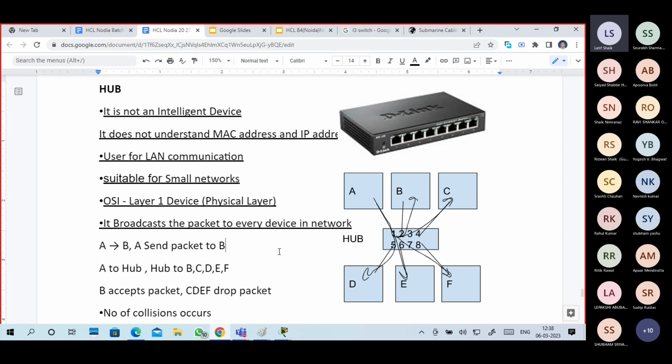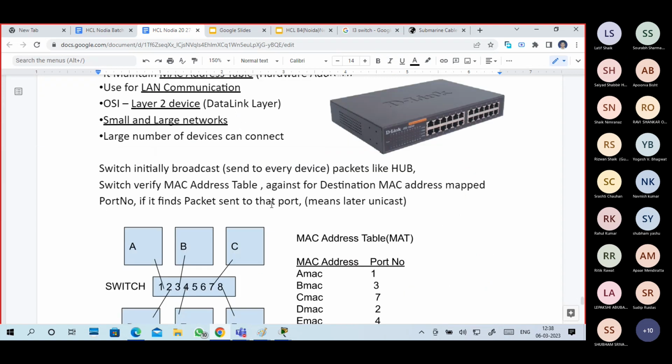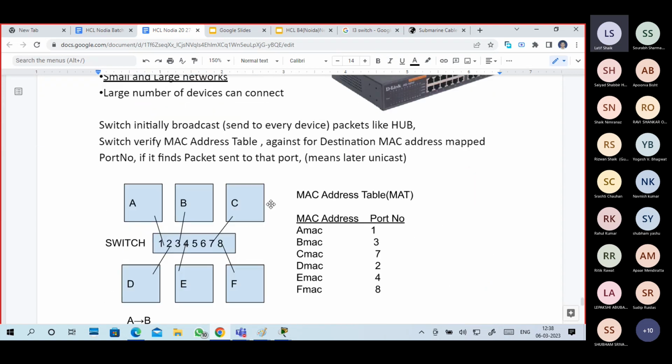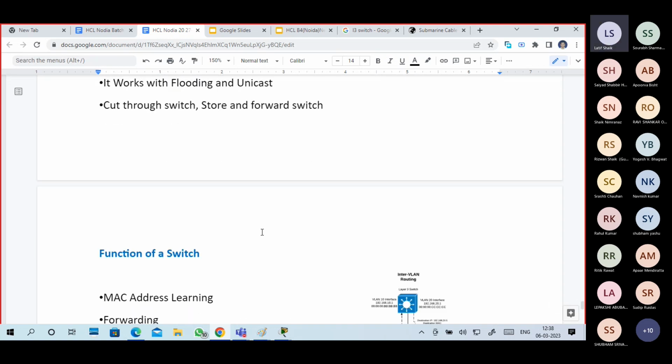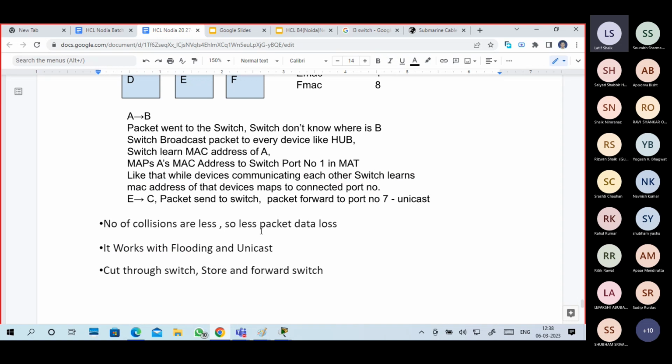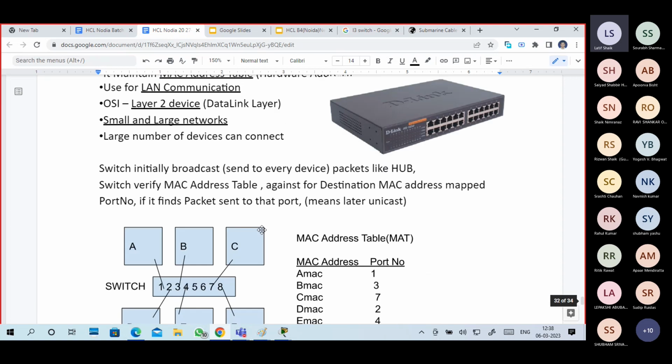Hub doesn't understand MAC address and IP address, but switch understands MAC address and creates a MAC address table. The number of collisions is less in switches, that's why we use them for larger networks. That is enough.